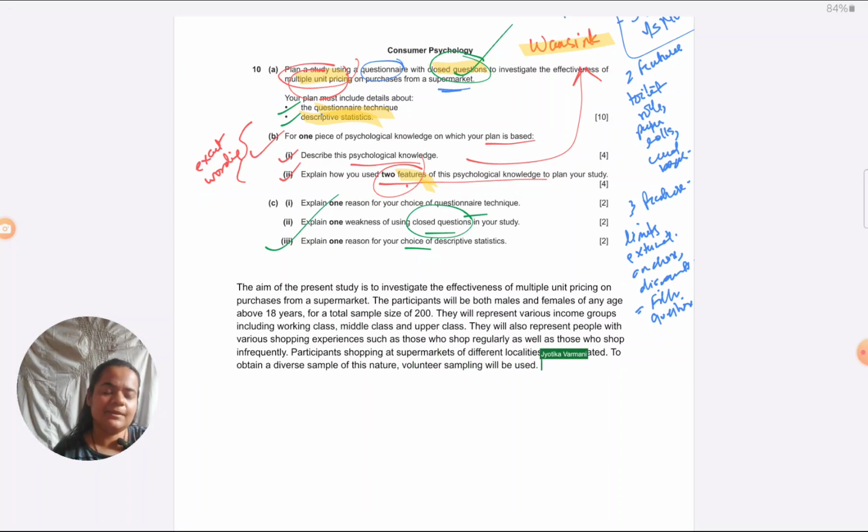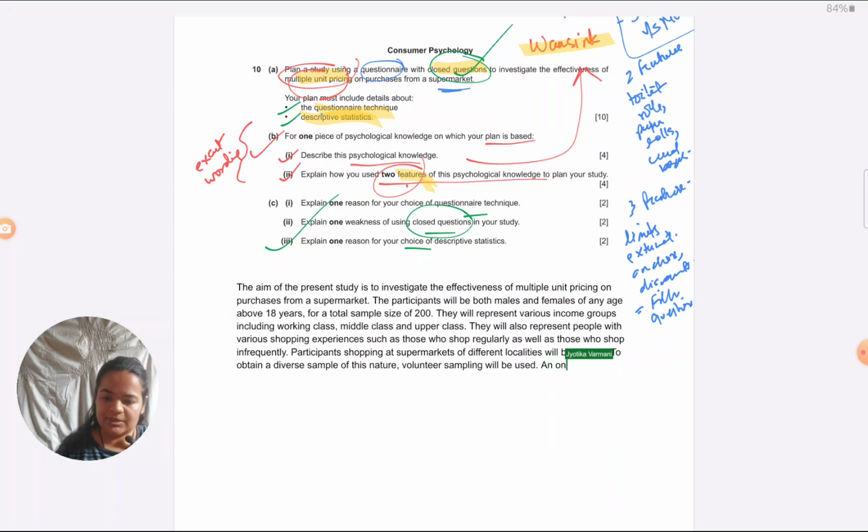As such, I can cover the questionnaire specific features later after the general features, but I feel it's relevant here. So I'm including the questionnaire format right here itself, that it's going to be an online questionnaire. I want a very diverse sample. It's going to be difficult to physically visit all types of people and get them to answer questionnaires like on paper and pen method. So I feel online is very suitable for the type of diversity that I'm looking for. So I'll mention it right here. Volunteer sampling will be used.